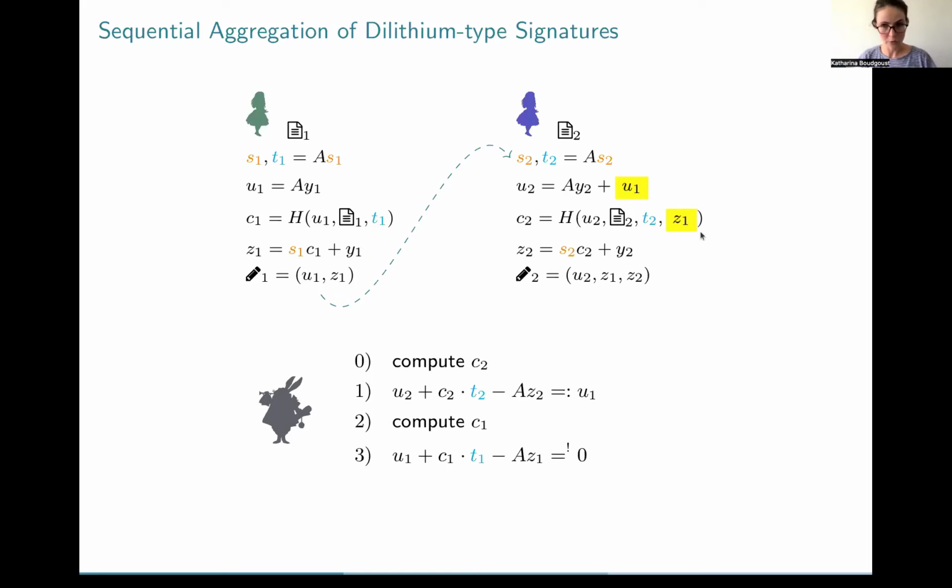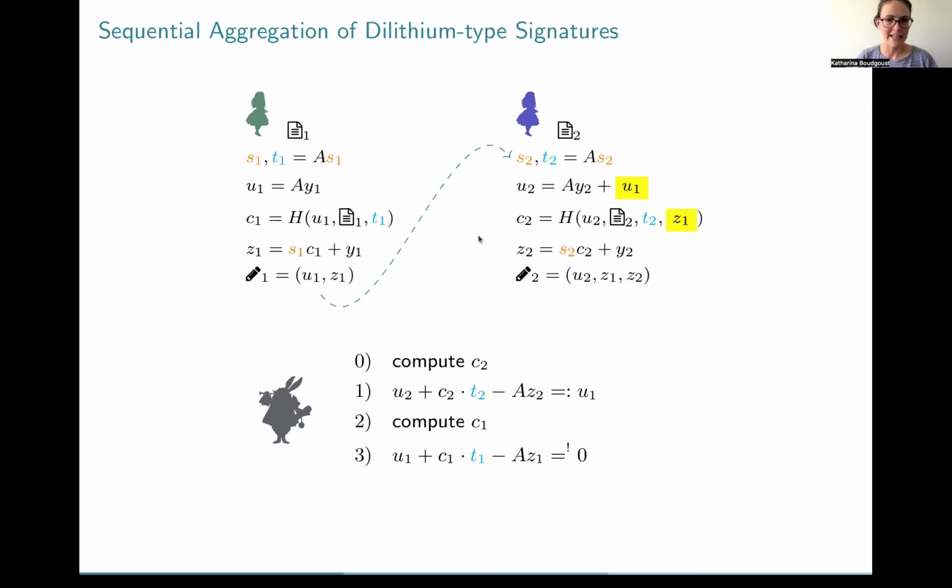So these are the only two modifications. The rest is the same. But now she appends the Z elements to the sequential message. And this is needed in order to recover the previous U part. So we are not sending U1 anymore. We only send U2. But the idea is that U1 is kind of given indirectly as the shift of this